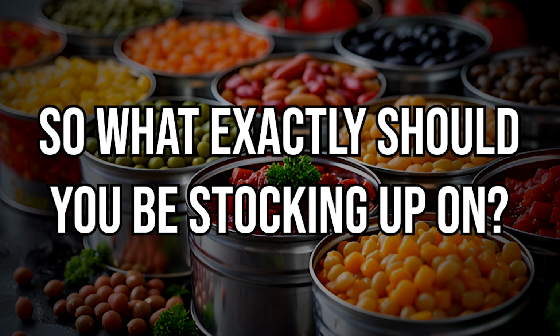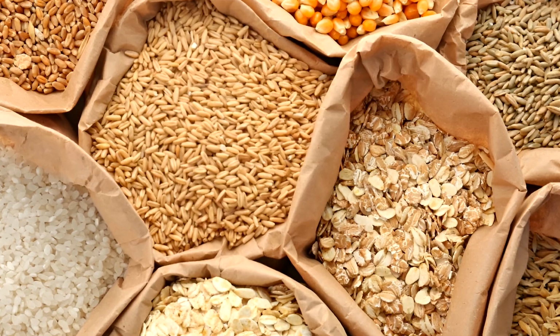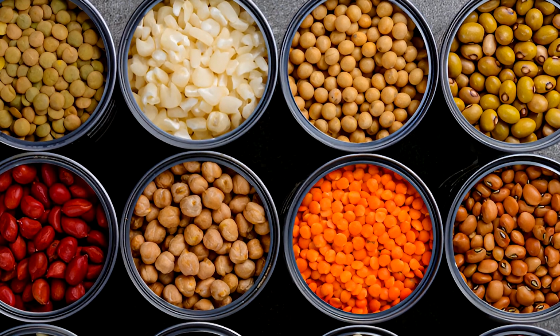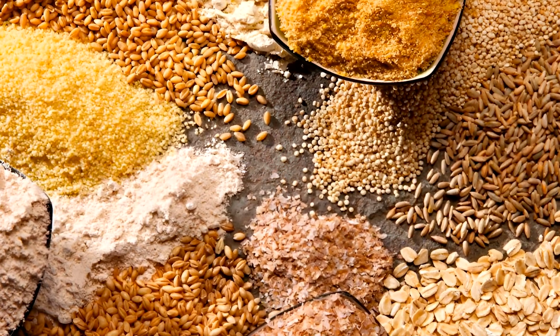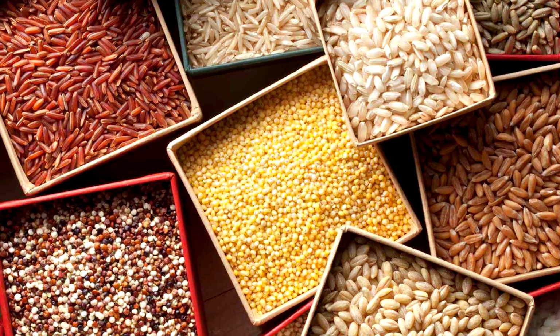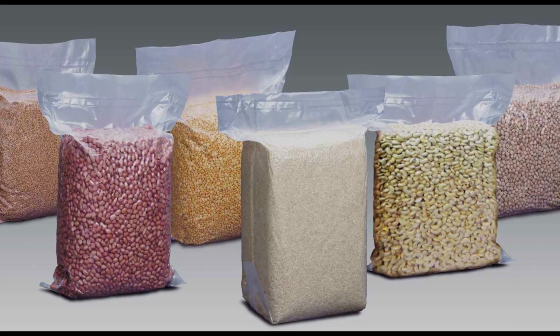So what exactly should you be stocking up on? Well, there are 5 categories: grains, meats, fruits, vegetables, and lastly beans and legumes. We'll skip the grains for this round. It's not that they can't be canned, there's just no need to. All of the grain sorts will last much longer if they aren't cooked and stored in airtight containers or vacuum-sealed